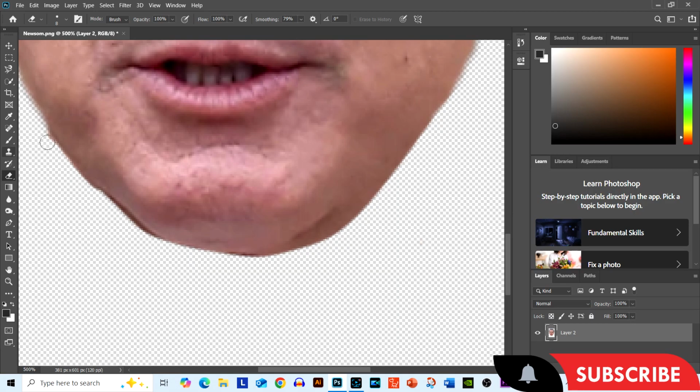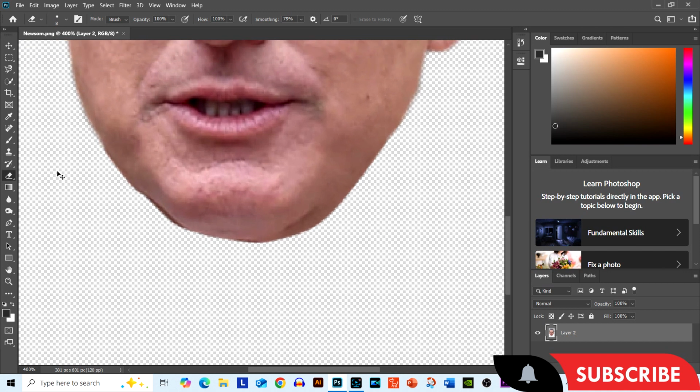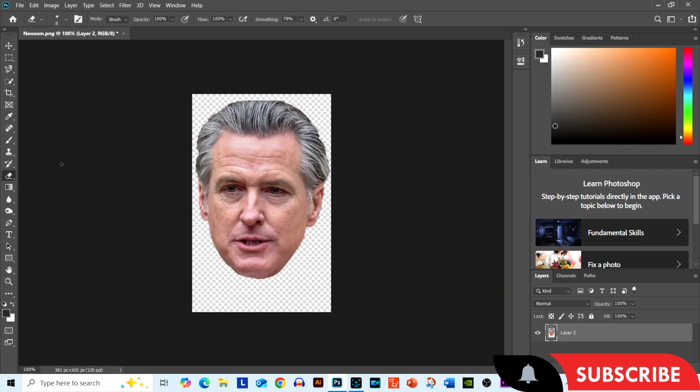Anyway, that looks good, close enough, a little bit up here. And we are finished. Now I need to crop this layer a little bit. Grab my rectangle tool up here and we select the head. Now we're just going to slowly go around here and just below the chin. I don't want too much of a transparent area.